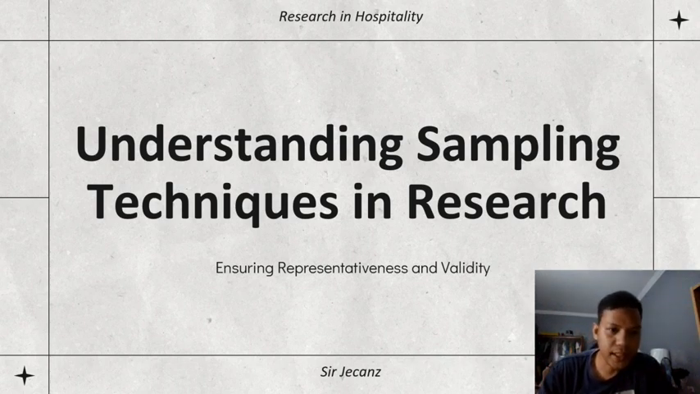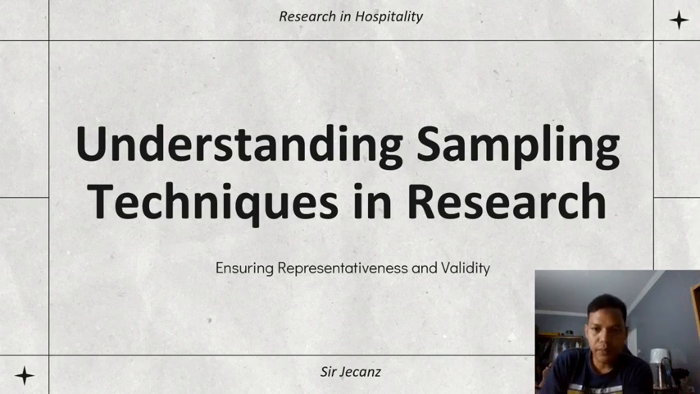Hello class, we will be discussing this important topic about research and hospitality. And we're going to talk about understanding sampling techniques in research. The subtitle of this is ensuring representativeness and validity. So we can observe the sampling technique in the research methodology part. It is important that we understand this one because this is also one of the important parts of the proposal. Okay,